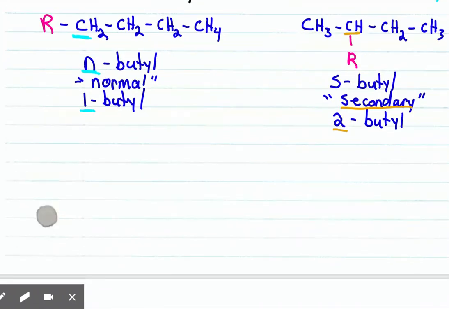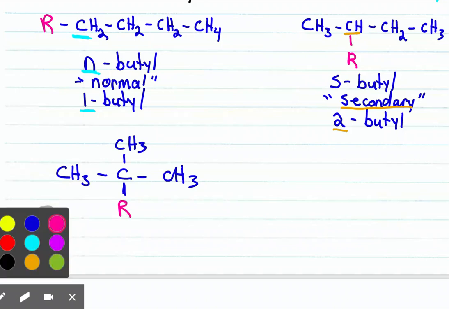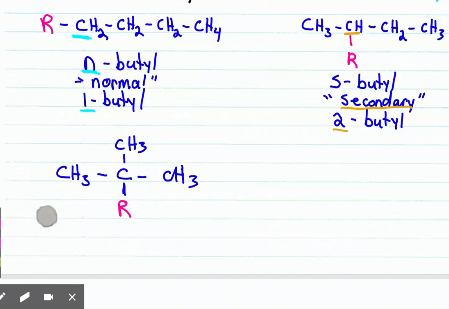All right, the third isomer of our butyl side chain is going to look like this. We have CH3, and our parent chain is connected to the second carbon, but that second carbon also has a methyl group on it. So you will see this named T-butyl, which kind of makes sense because it looks like a T, or tertiary butyl. But the other way that you might see it is